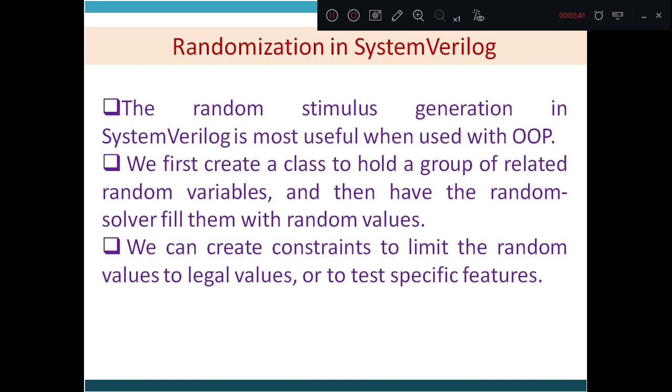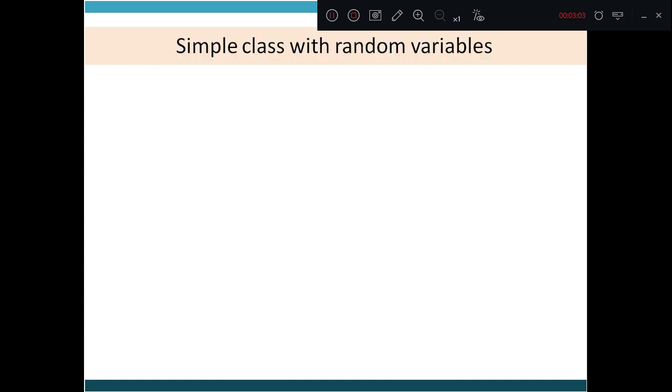Then the values assigned to that variable by the random solver will be only between 10 and 50. So the constraint can be put on each variable in the randomization, as per the requirement of the designer. We will see that with the example.